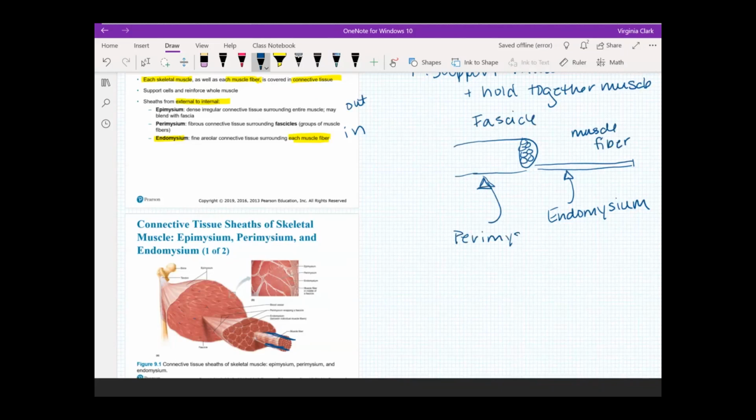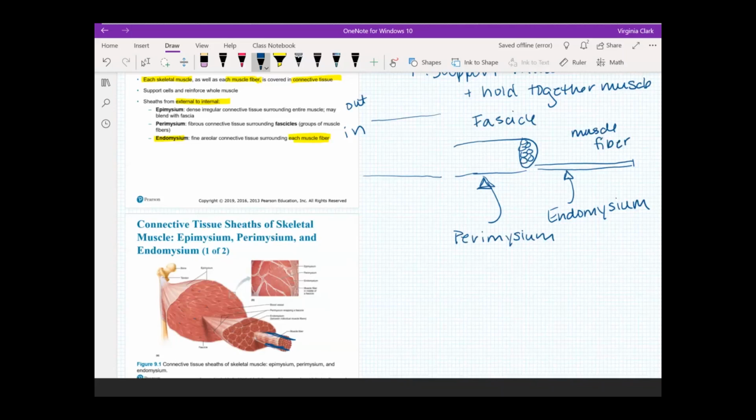So we're going to have saran wrap, essentially connective tissue, around each individual straw. We're going to then put a bunch of straws together and put saran wrap around that group of straws. So that would be our perimysium that's surrounding a fascicle. And if I put a bunch of straws together and you put a bunch of straws together and someone else puts a bunch of straws together and then we put all of those together, essentially then you're going to have